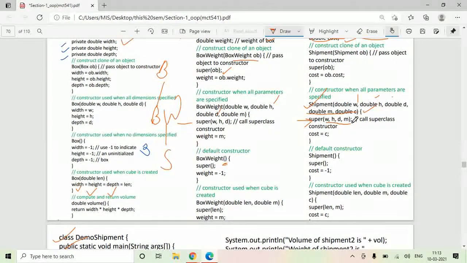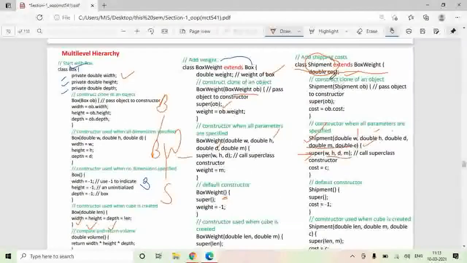Shipment class is derived from the box weight class. So it is the box weight class constructor which accepts 4 arguments. So this one, this accepts 4 arguments. This super will give a call to this and supply these 4 values here.